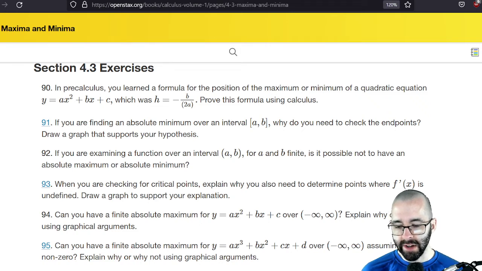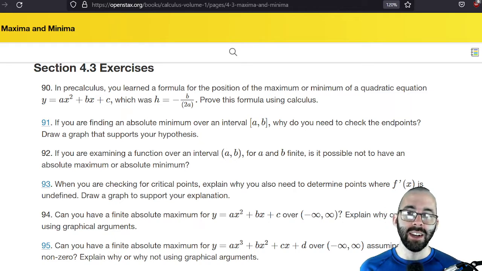We're going to start with number 90, which says that in pre-calculus, you hopefully learned a formula for the position of the maximum or minimum of a quadratic function. And that maximum was at negative b over 2a. And the question is, can you prove that there is a maximum or minimum here, an absolute maximum or an absolute minimum here using calculus? Well, for an absolute maximum or an absolute minimum,